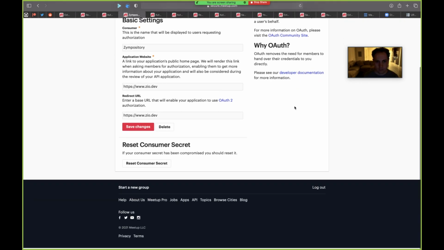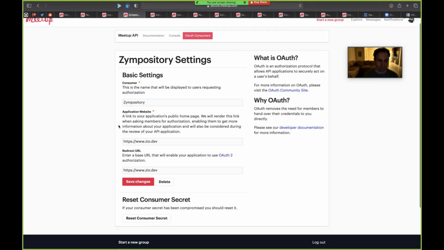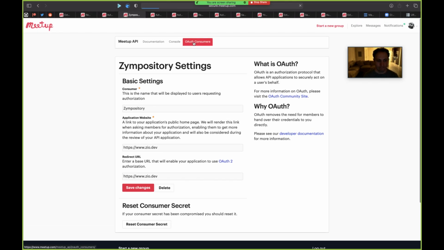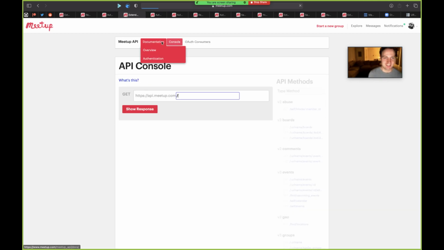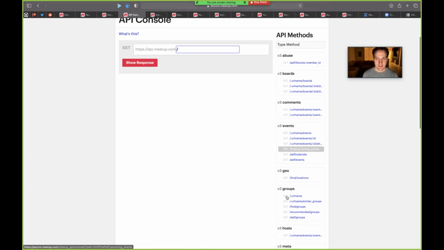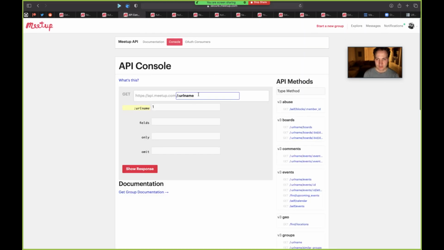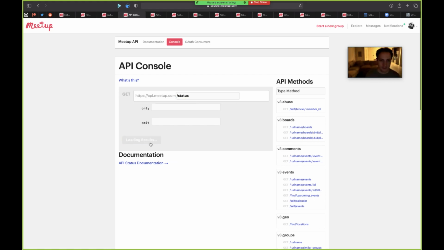Well, I have this thing, but nothing else useful. I'm assuming this will become populated at some point once this has been approved. They want to make sure you want to do legitimate things. It's so silly. Clearly, there's a way to do some stuff. So, yeah. Groups, URL name. Well, this is hitting. Oh, this is kind of a nice tool. Yeah, right. I mean, sorta. I've seen better, but this is nice.